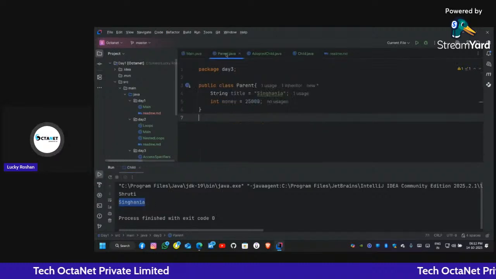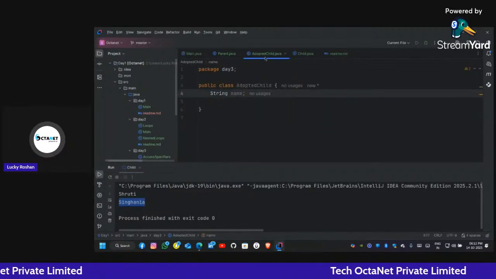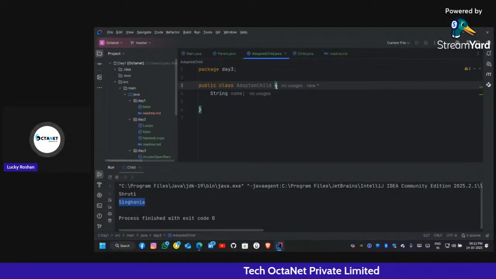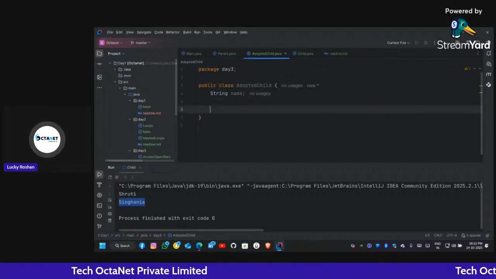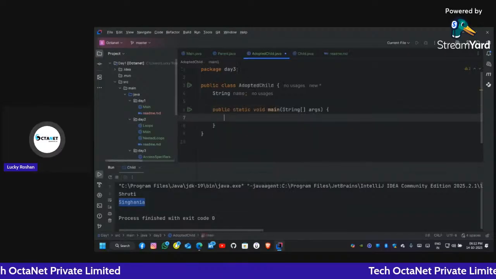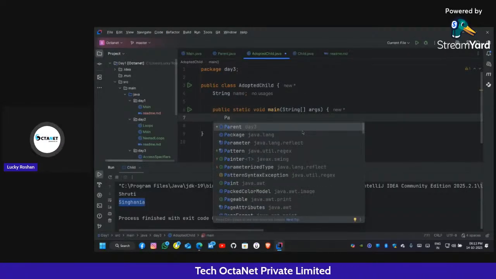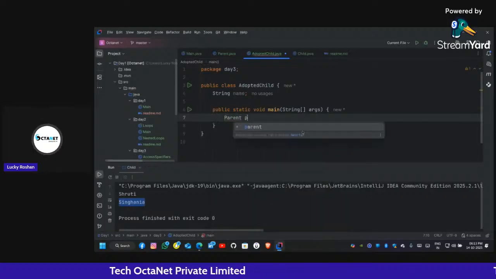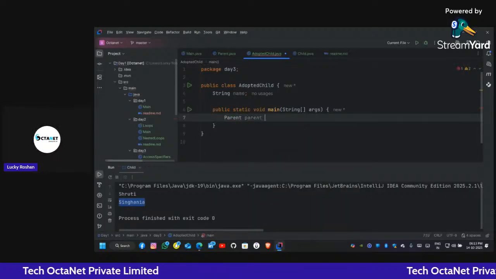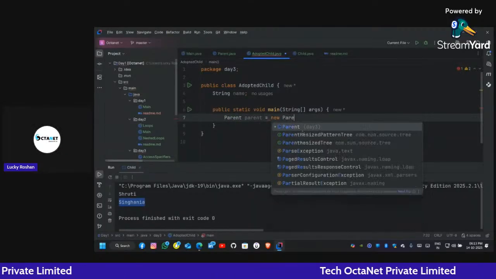But if you use another class that is not extended, okay, so now we can create an object using the main method, public static void main, and now let's create the object of parent. Parent is equals to new parent.